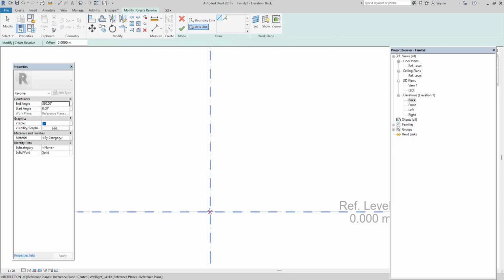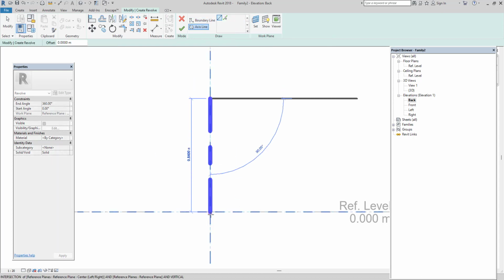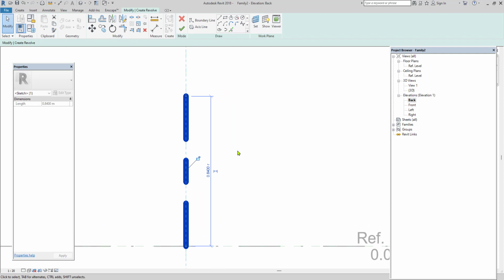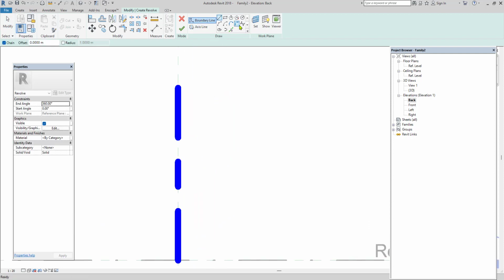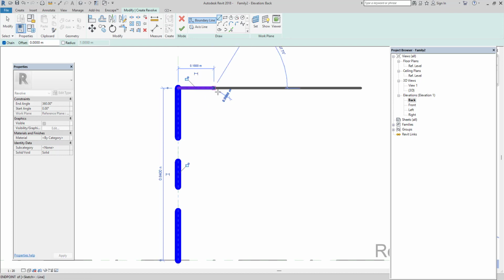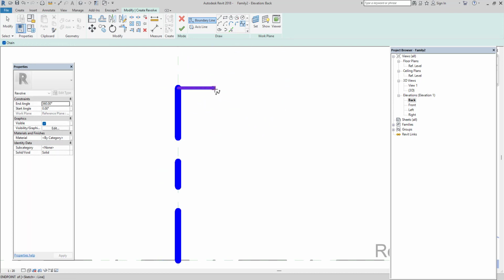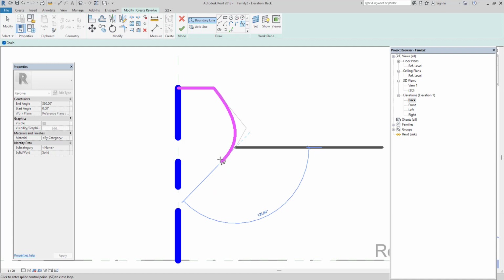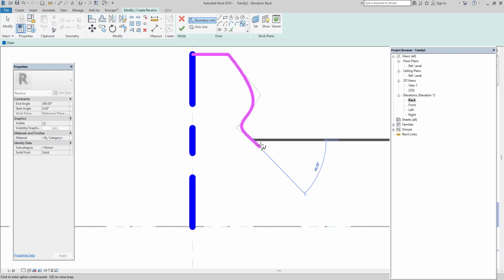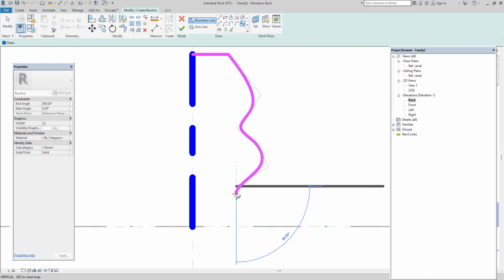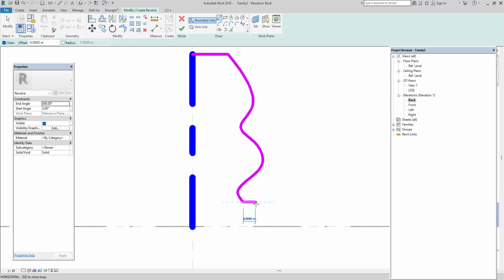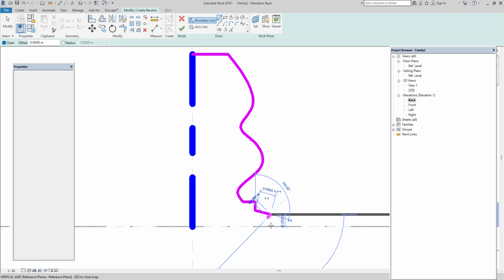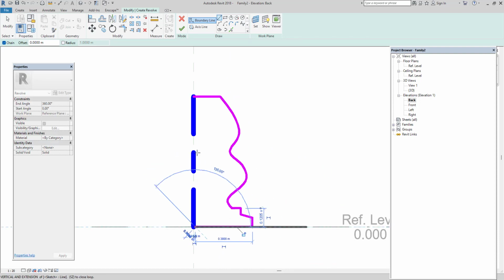Before that, I just draw the axis line. This is the axis line. Once you're done, by using the boundary line, I'm just doing the design, taking the line. You can do the combination of other stuff, whatever you want. Make sure you have a closed loop like this.